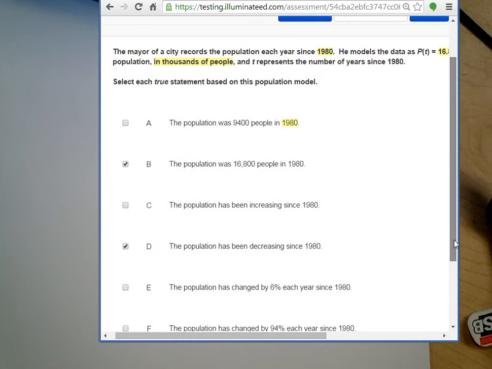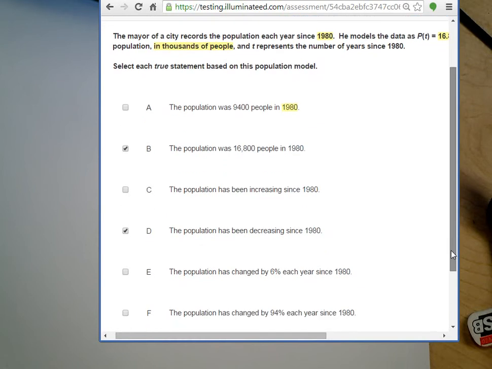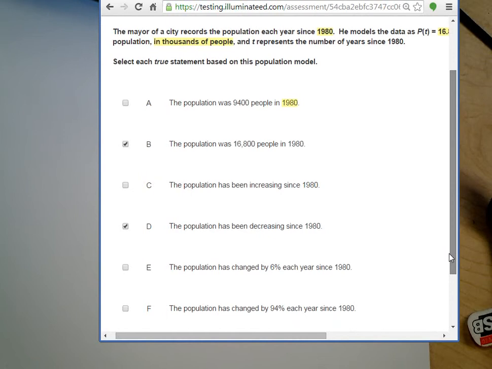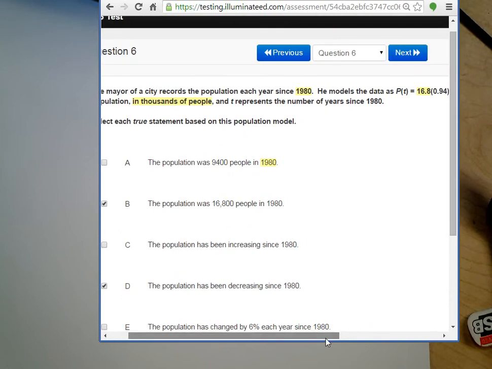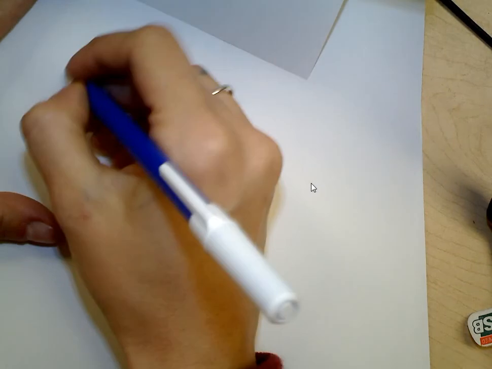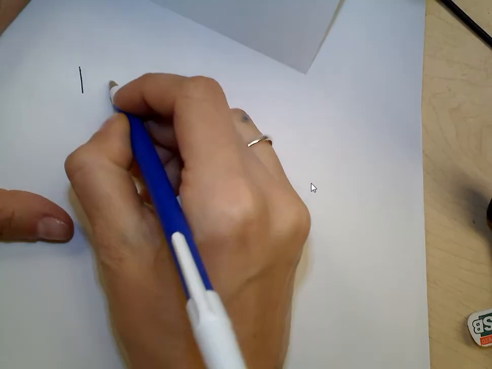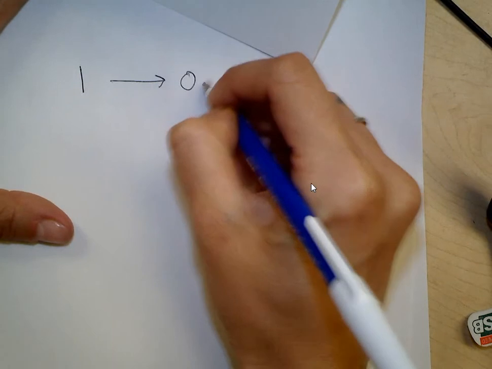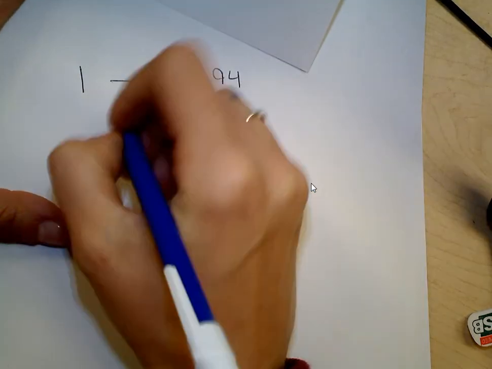The population has changed by 6% each year since 1990. Or the population has changed by 94% each year. This is tricky. So let's go back to this. 0.94, we're comparing this to 1. 1 is always our starting point. So if we go from 1 to 0.94, let me write this out. We start at 1. If I go from 1 to 0.94, that means I've decreased